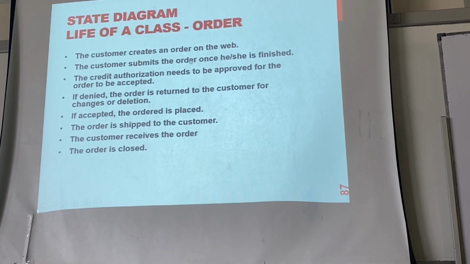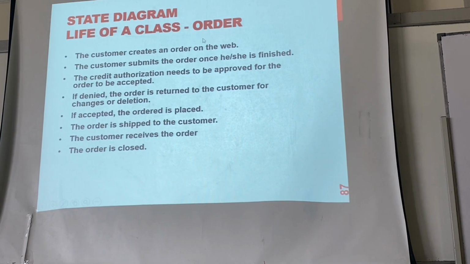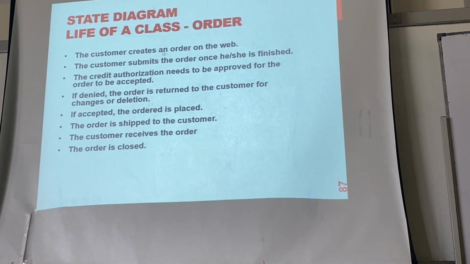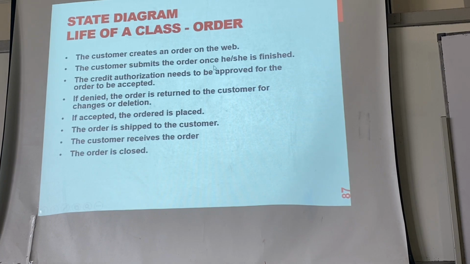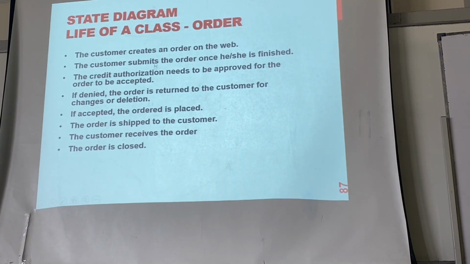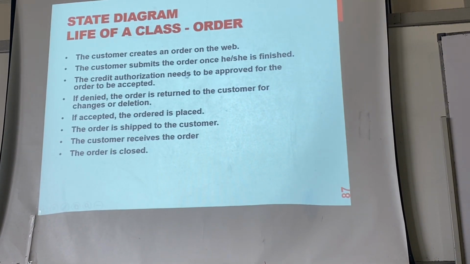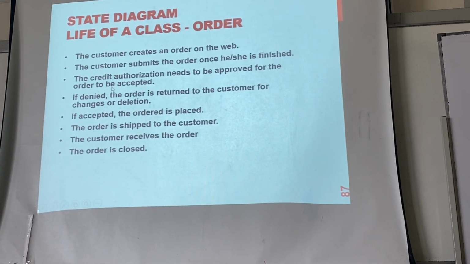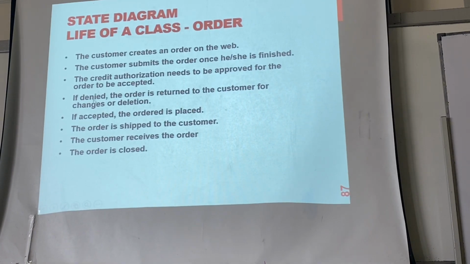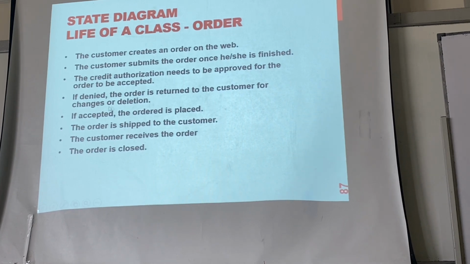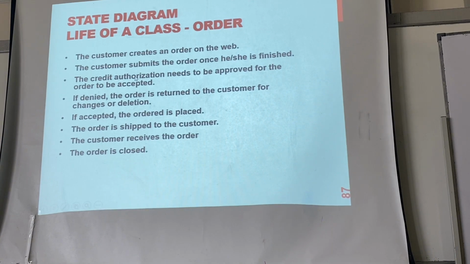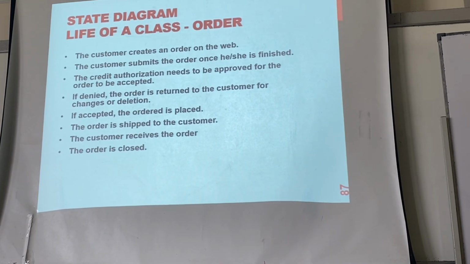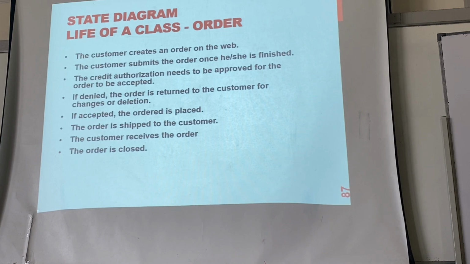Okay, now let's go through quickly. Order class. The customer creates an order object. The customer submits the order. Once he or she finishes, the customer submits. The credit authorization needs to be approved for the order to be accepted. So they will check the credit authorization to see if they can accept the order. If yes, then they accept the order. If denied, the order is returned to the customer for changes or deletion. So they will see the credit authorization. Maybe they see the limit of the amount that you order. You order for so much, then based on your income or